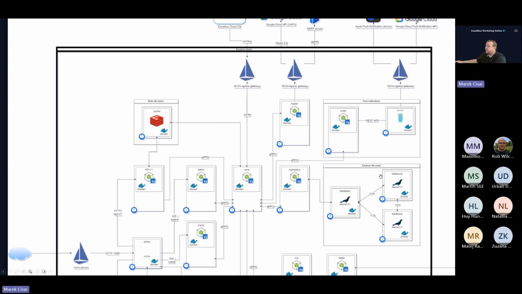Also, there is a dedicated database high availability cluster based on MariaDB technology. It is nicely configurable within the Helm chart values file, where you can define, okay, I just want to have one MariaDB node running, it is absolutely fine for me.